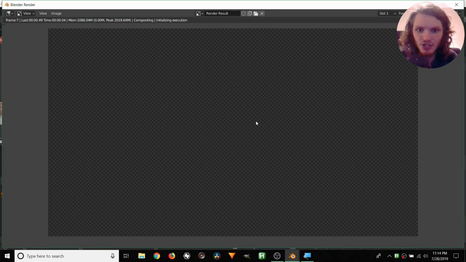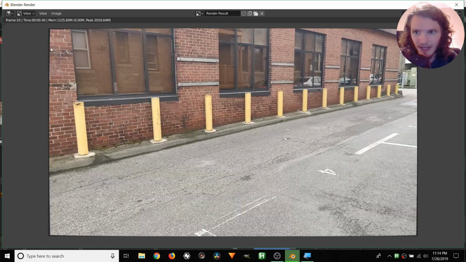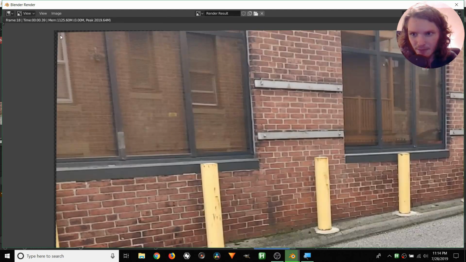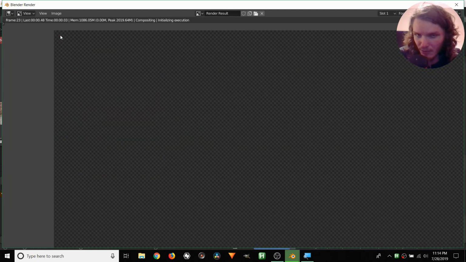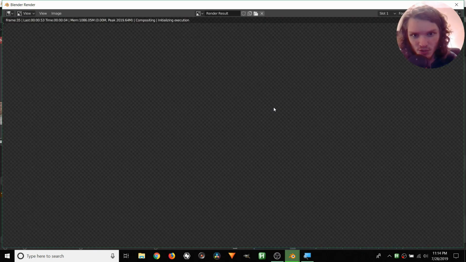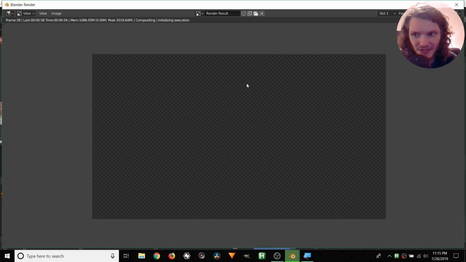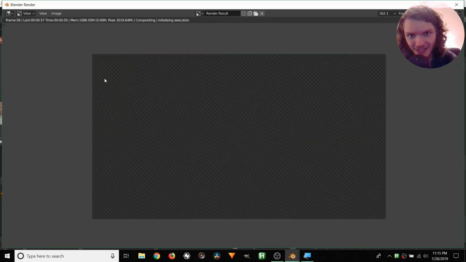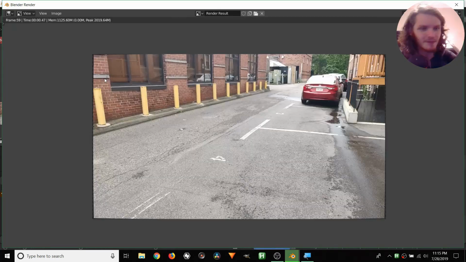Okay, and right now it should be rendering our undistorted, and the way we can tell is if we zoom in here, every time a frame pops up, there's a bit missing from the margins, and that's because it's bending away those areas, which means it's actually getting rid of the lens distortion. So that means it is working. And now instead of going from 30 to 150, it's going from 1 to 121, I'm pretty sure. So we're just going to wait for that to finish. Or maybe I'm going to take a sip of water and then segue into the next one.